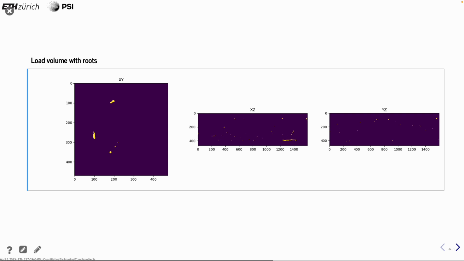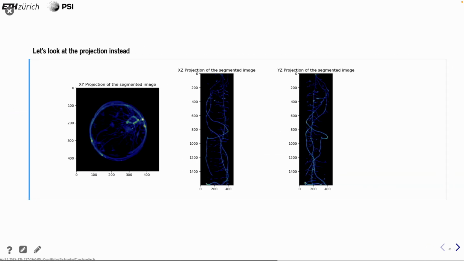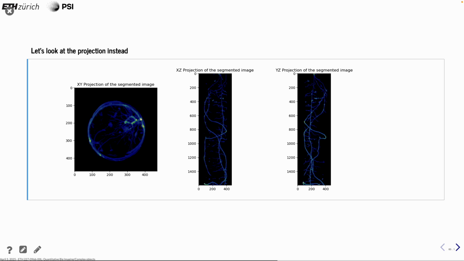I have a data set here which I'm looking at, and if you just take the segmented root structure and try to look at it, it's not very easy to recognize the roots. Here I just took the central slices in 3 directions, and you see only small blobs. That's not really helpful. So instead, we can project the whole structure